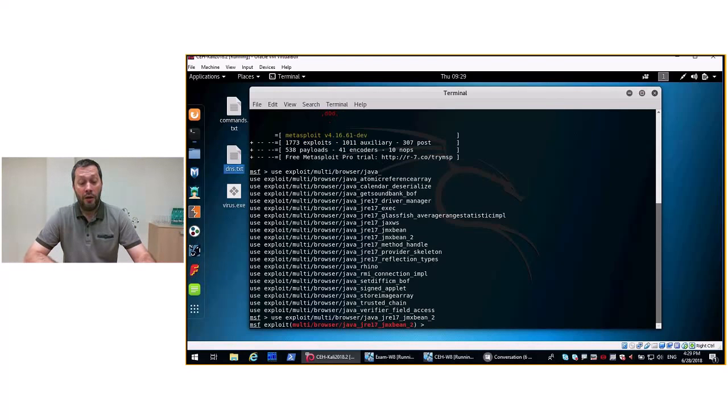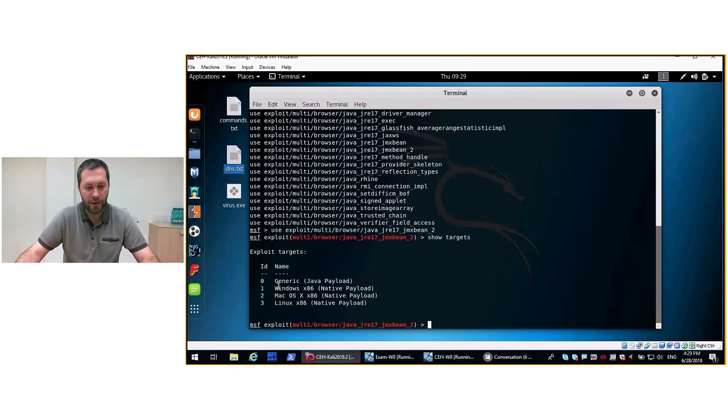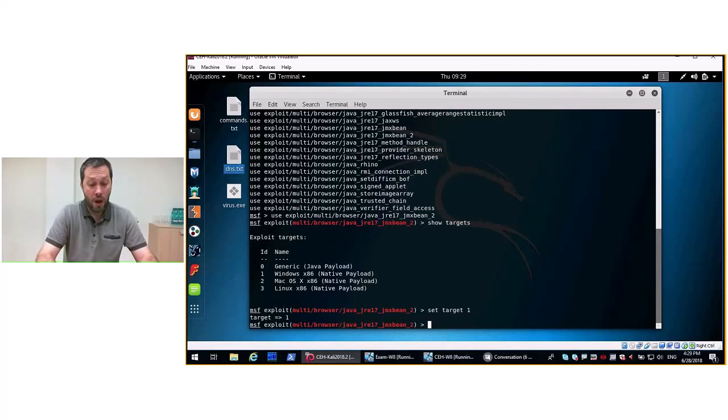Okay. I will configure this exploit. So from all targets, I will target Windows, because I know that the client operating system is Windows. But actually this exploit works against Windows, Mac OS and Linux as well. So don't think that, say, Mac OS is protected from exploits. Yes, but no. So okay, I am selecting my target, such as Windows, and I will configure a little bit from options,